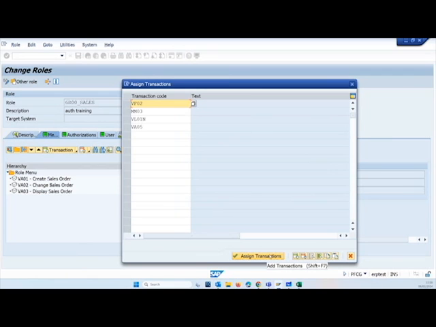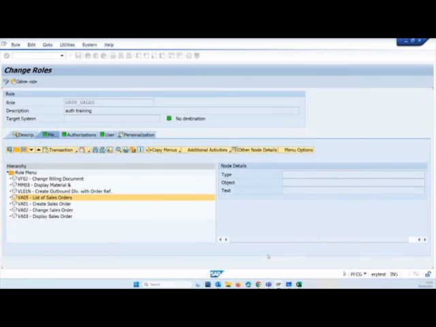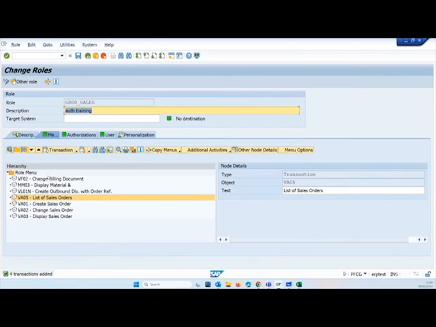Okay, what should happen is you get these added to your menu. What I'm going to do is move these around. What I've done here, I haven't done a save yet. I've just added the transactions. So if I do save,